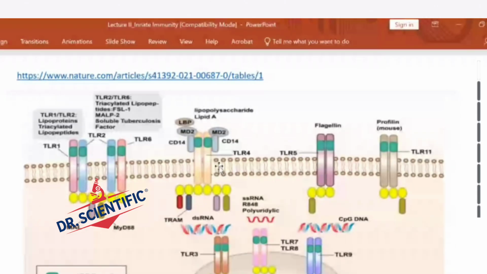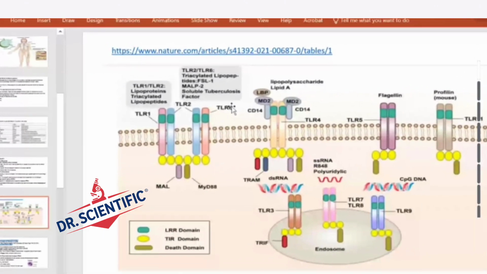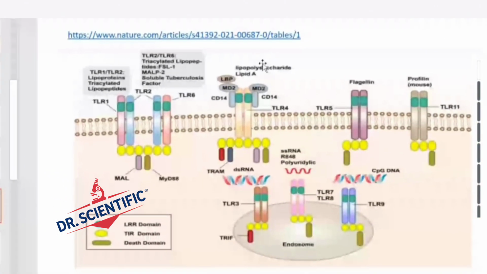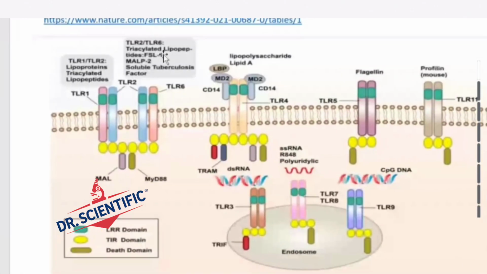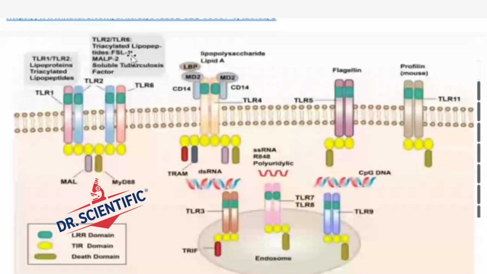Toll-like receptor 2 recognizes what we call a peptidoglycan. So this is recognizing bacteria. So toll-like receptor 2, this thing is called a peptidoglycan. This thing is called a lipopolysaccharide. These are all present on cells of bacteria, and they help us differentiate between what we call gram-positive and gram-negative